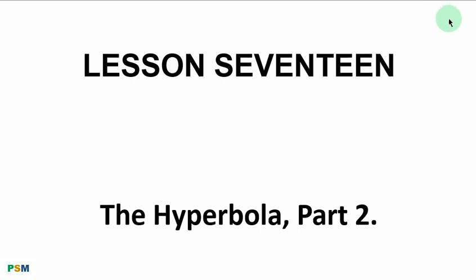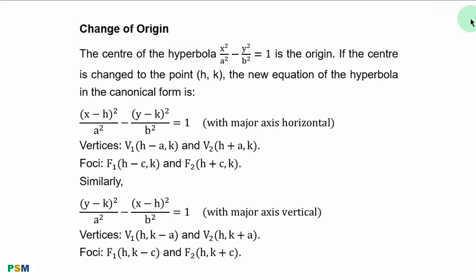Lesson 17, the hyperbola part 2. Change of origin. The center of the hyperbola, this is the origin, that is 0, 0. If the center is changed to the point h, k, the new equation of the hyperbola in the standard form,